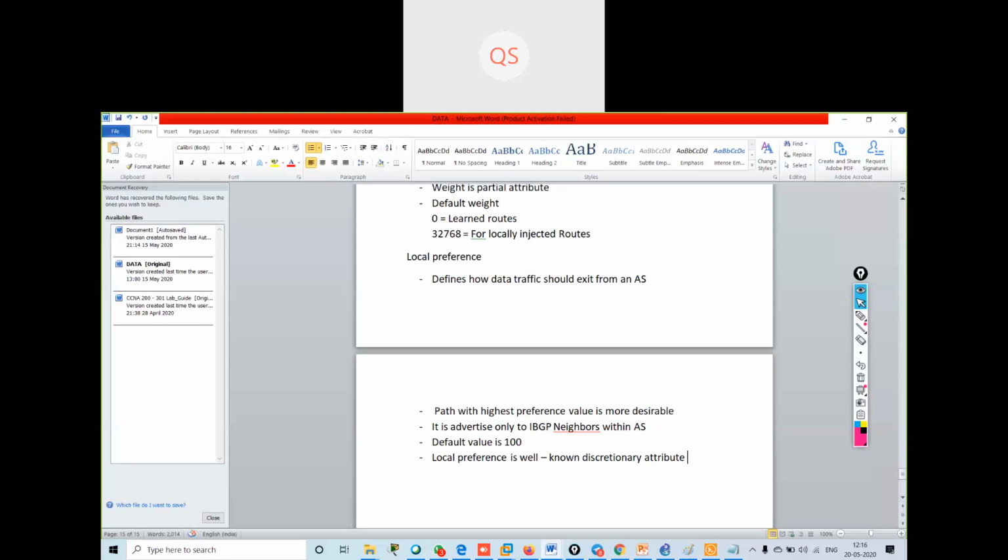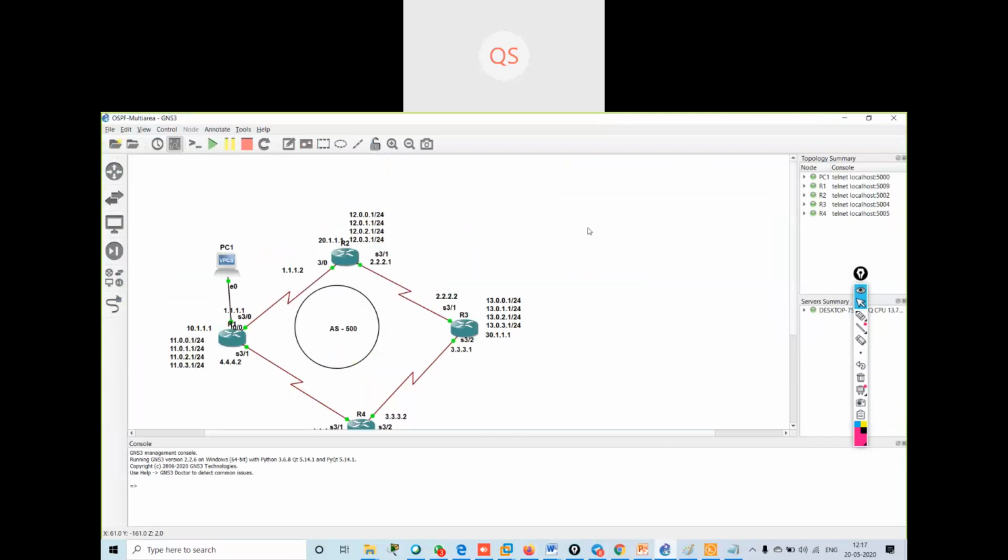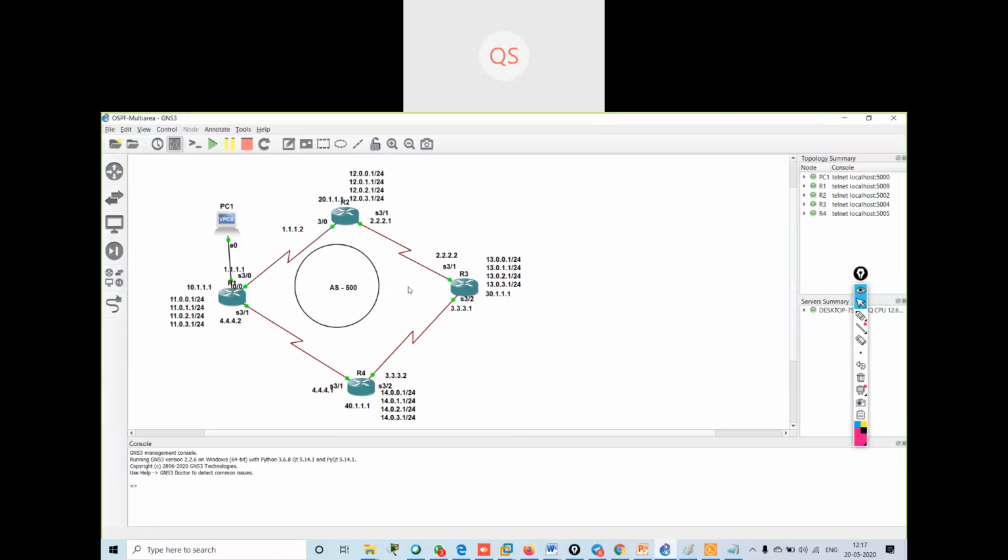So we'll see some lab scenarios for local preference and weight attributes. We can verify the weight attribute by seeing a lab scenario. We'll go over here and design our network.